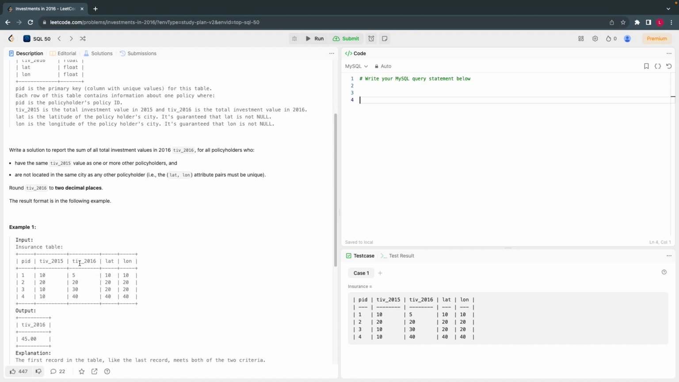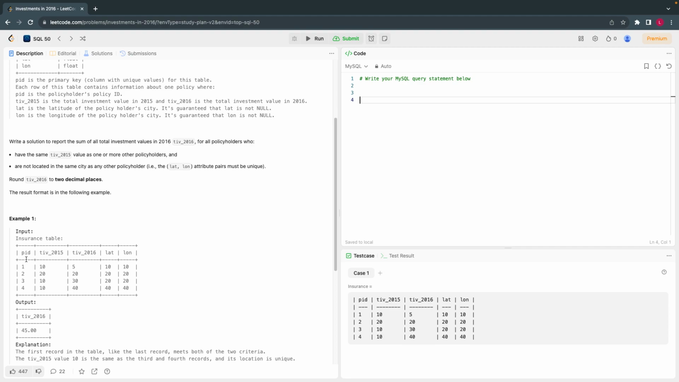those policyholders for whom we have to find the sum. The criteria is the policyholders should have the same value in 2015. They must have invested with the same value. What exactly is meant by that is, here if you see this policyholder one, this is talking about 2015, they should have the same value. They must have invested the same value. So here policyholder one,